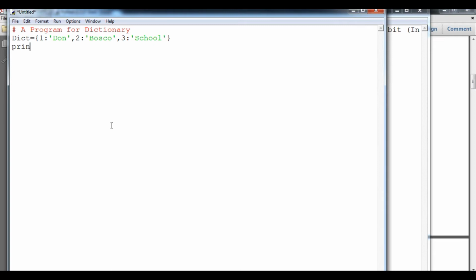So if I'll just do one thing, I will say same thing I program for dictionary, and after that I will say \n. When I use the print next line, it will automatically give me the next line. There is no need to worry about that. So here I'm going to say the DICT is, here I will type DICT.